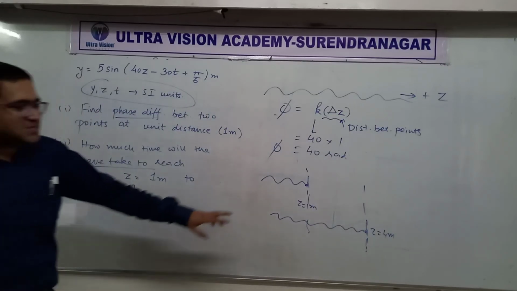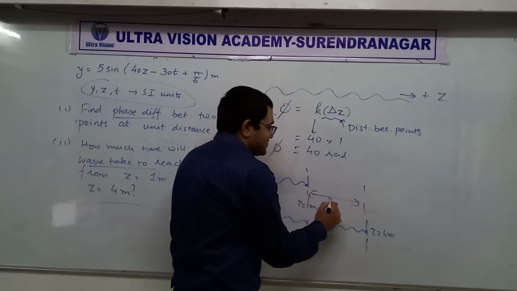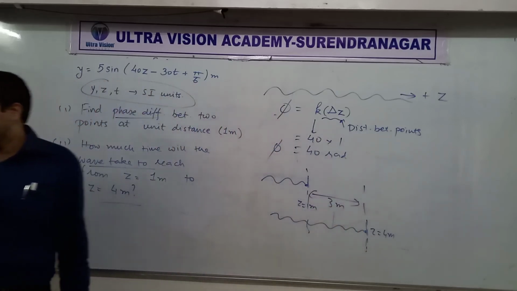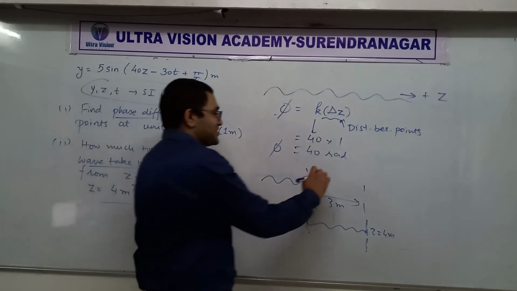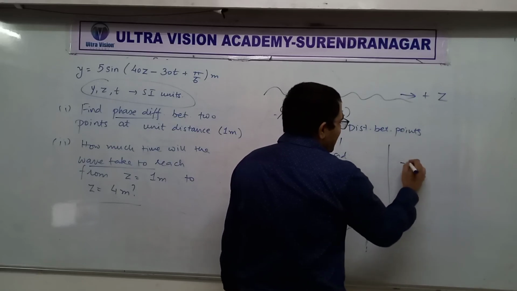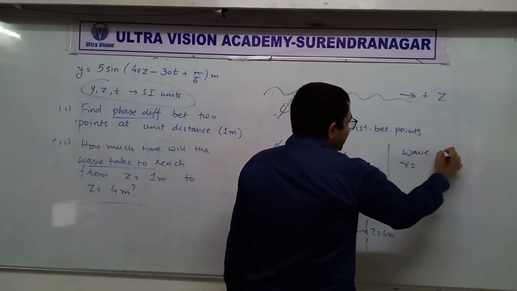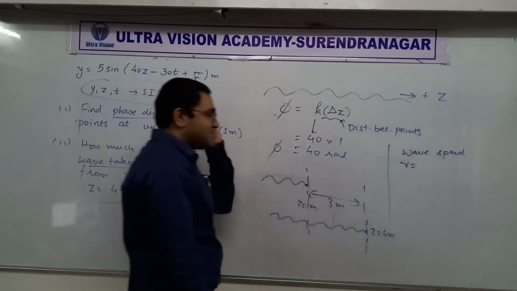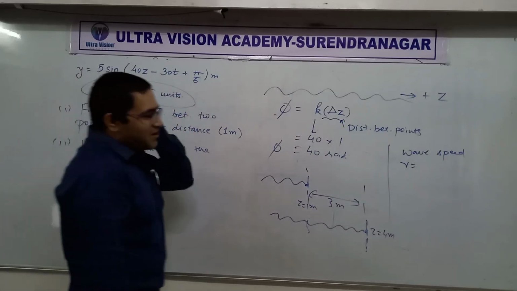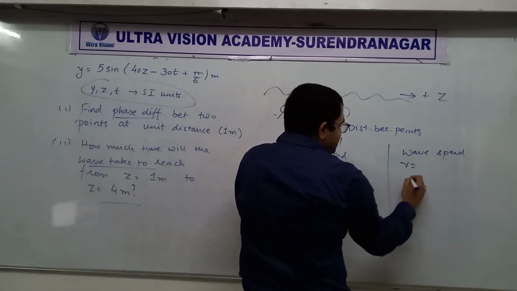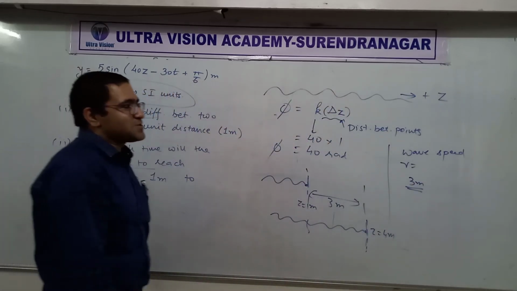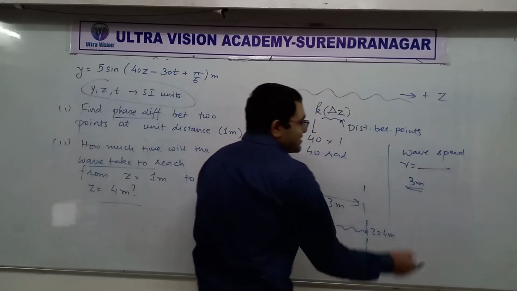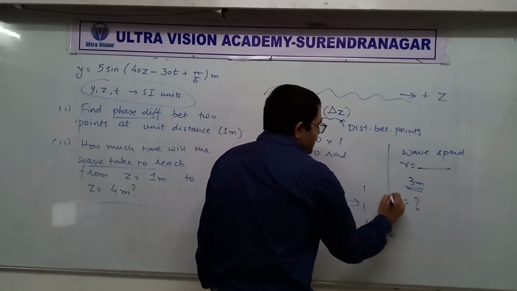Distance. Okay, distance is given. What else does it depend on? Position. Or speed. Yes. Very good. So it depends on speed. So why don't you find out wave speed and solve this question? Alright, how much distance should be traveled? Distance traveled is 3 meters. Correct or not? Distance traveled by the wave is 3 meters. So if you can find wave speed, then you can get how much time interval it will take.